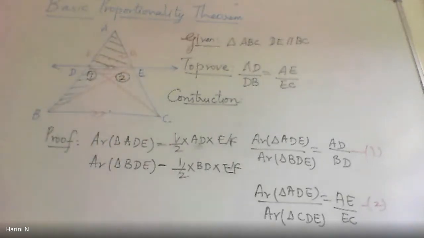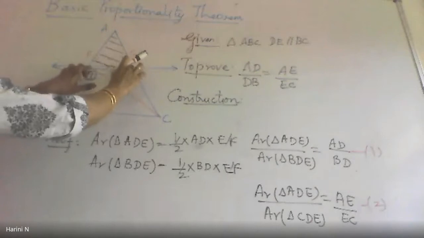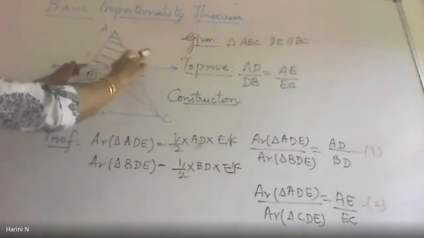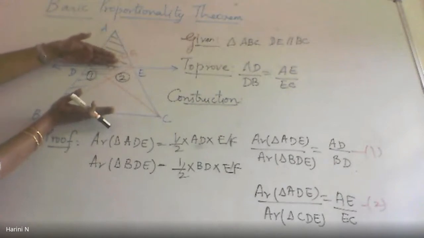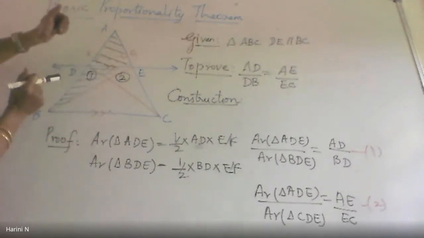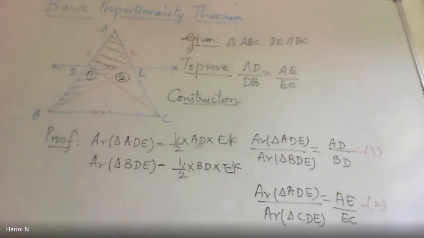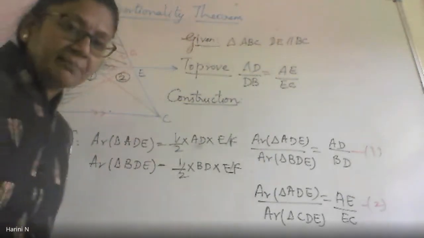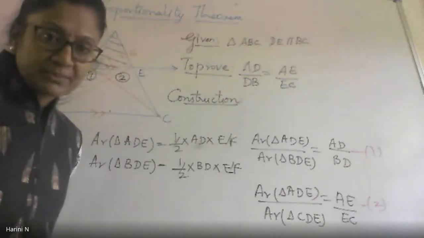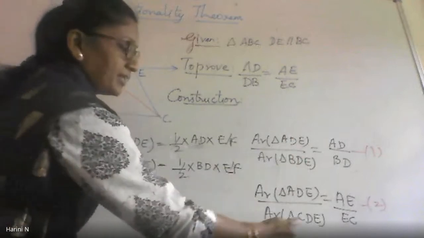Two triangles there. Now look at the speciality of these two triangles. Both of their base is the same, DE. DE is the common base on which the two triangles are sitting. And they are between the same parallel lines. I have given you the clue. Both the triangles have a common base and they are between the same parallels. Last year in class 9 you studied this theorem. Two triangles having the same base and between the same parallels will always be equal in area. So it's done. So I can tell BDE is equal to CDE in area.